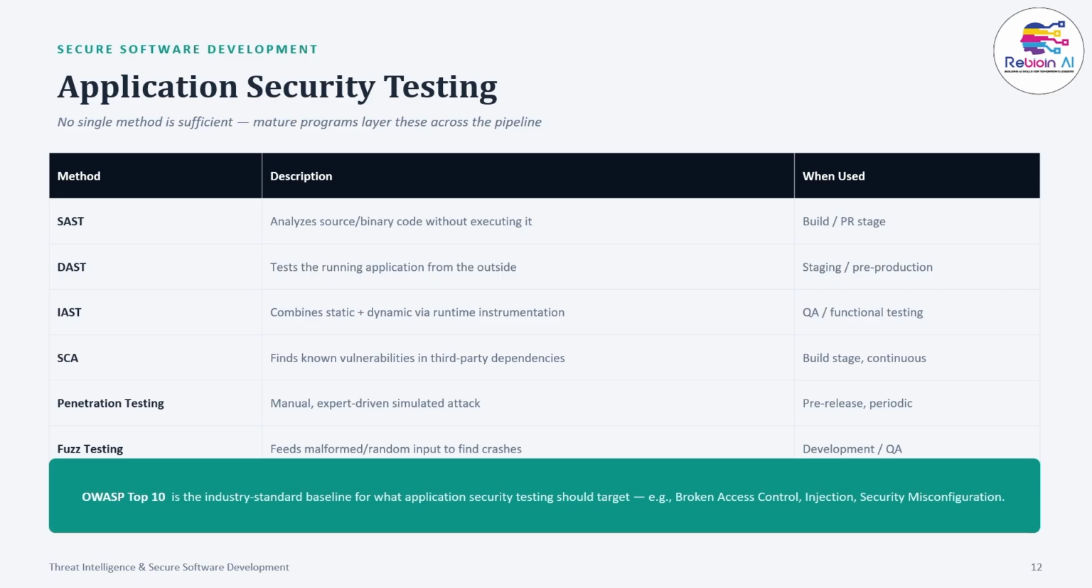Next is IAST, that is Interactive Application Security Testing. It is hybrid, like having some sensors installed inside the car during the crash test and combining both static and dynamic insight at once. Next is SCA, Software Composition Analysis. It checks if any of the pre-made parts you bought from other manufacturers, that is open source libraries, have a